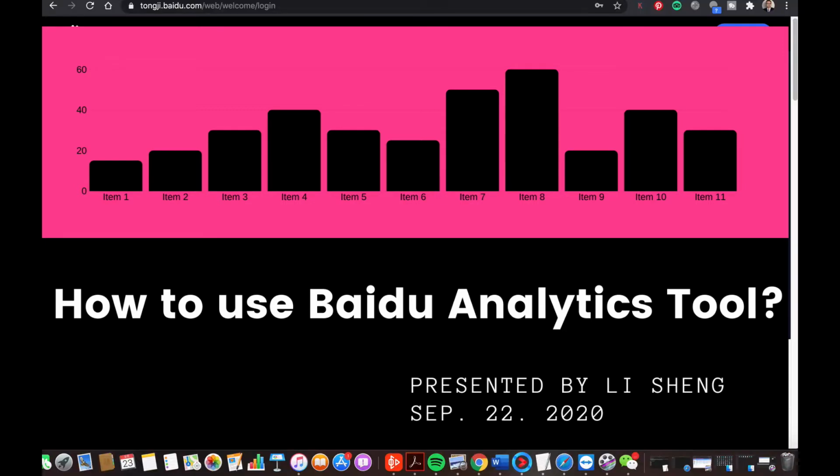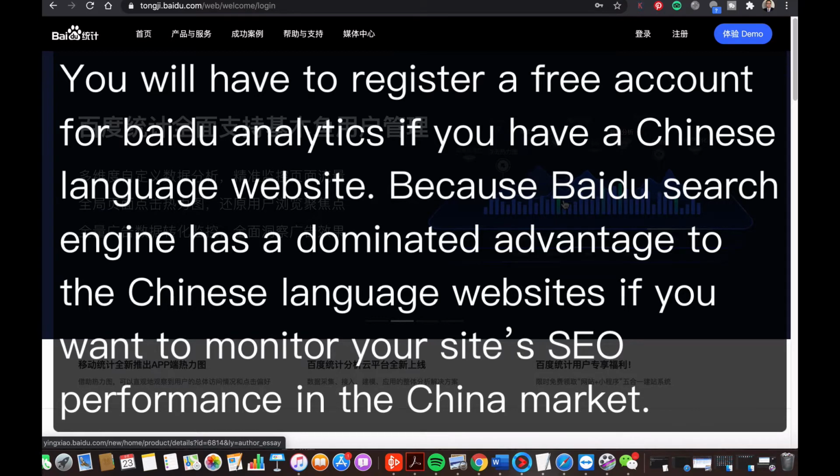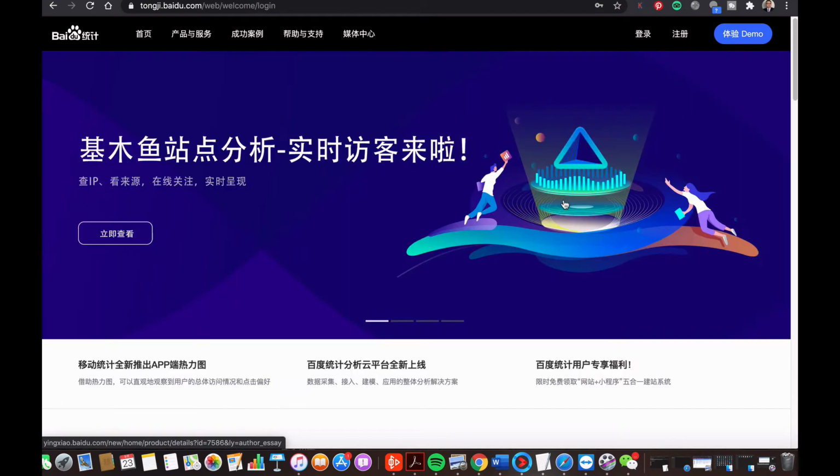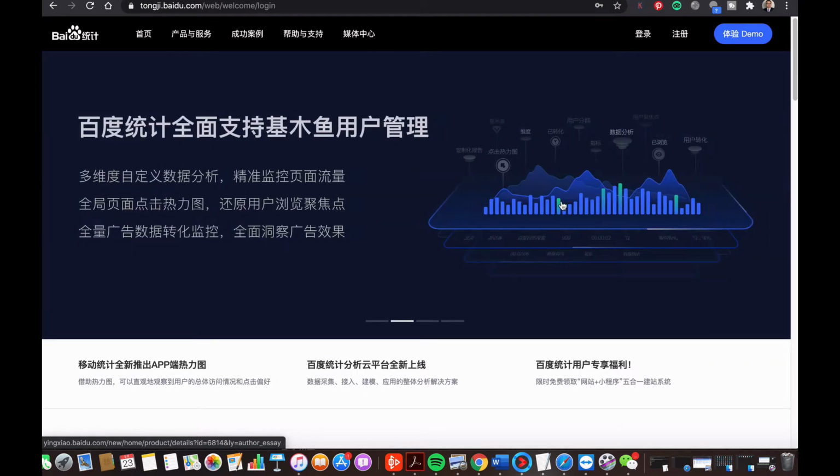You will also have to register a free account for Baidu Analytics if you have a Chinese language website, because the Baidu search engine has a dominant advantage for Chinese language websites, if you want to monitor your website's SEO performance in the China market. So here is the website